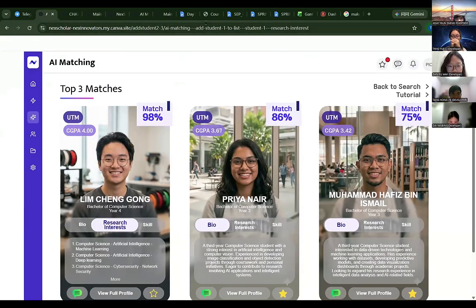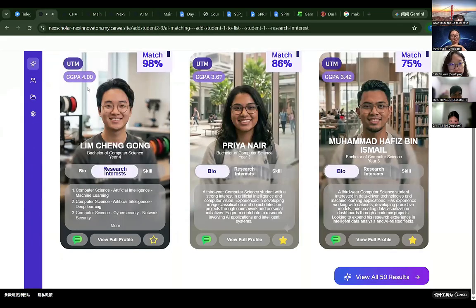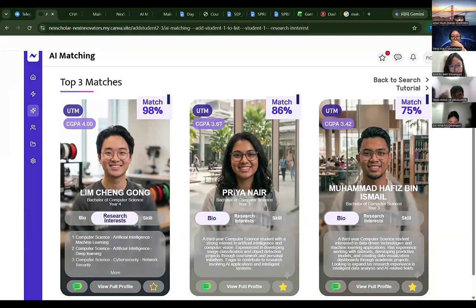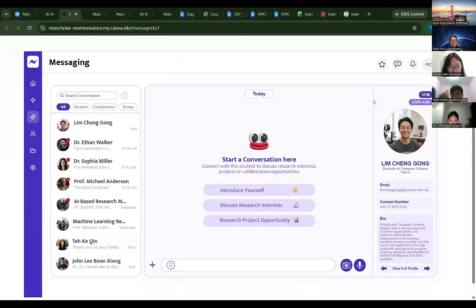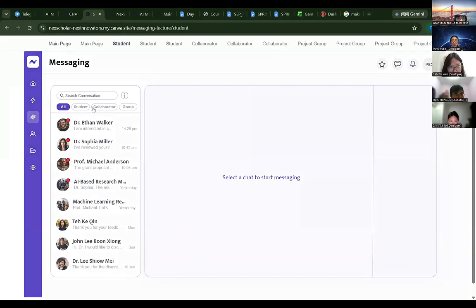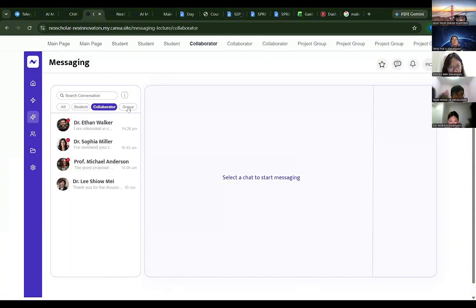So this is a problem. This one features haven't compiled into the main system I showed just now. Another features is this. Just now the yearly parts like the students. Okay. Yeah, it can select this one, the groups of the students, collaborator, or the groups.